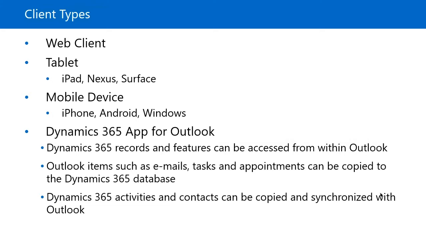Now, the second point is particularly important as it means that users who are familiar with working in Outlook can quickly track interactions with customers and suppliers. So, for example, if a user writes an email to a customer, he or she can click Track to store the correspondence in Microsoft Dynamics 365. A user can also configure Dynamics 365 for Outlook to automatically track incoming email and responses to emails. And beyond tracking emails, users can leverage the Dynamics 365 app for Outlook to track tasks, appointments, and even contacts